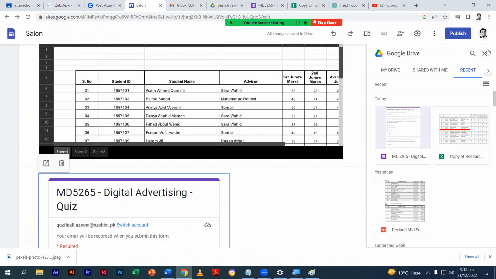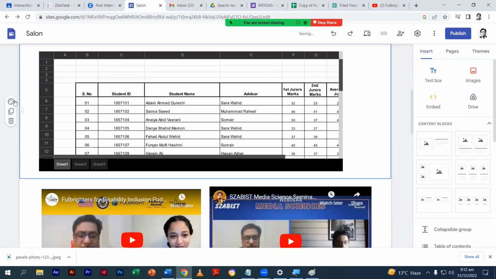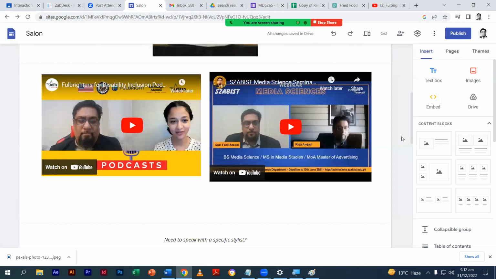You can add stuff from Google Drive if you want, right? If you want to get rid of this, just click on the trash button. Click on this. Click on the trash button. It's gone. Perfect. Back to normal, right? So you can do that. You can add content blocks. इसका मतलब क्या होता है कि